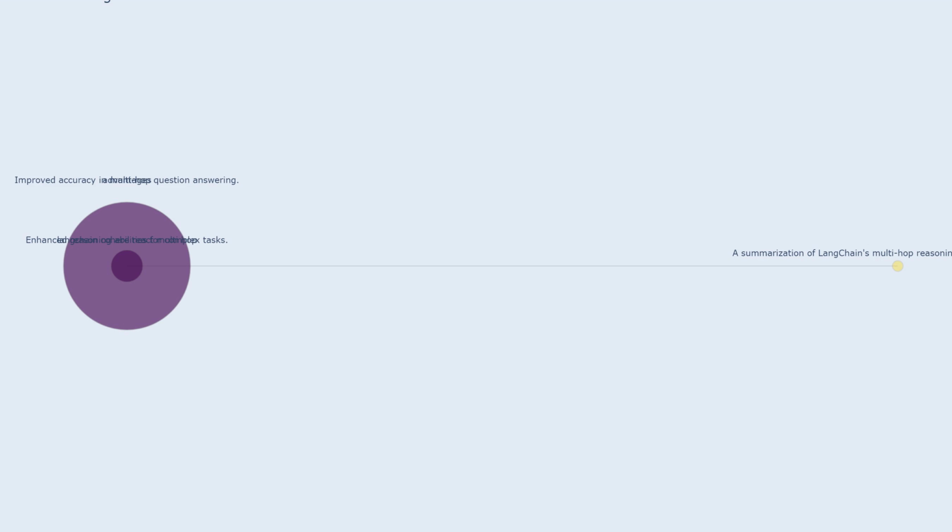Improved accuracy in multi-hop question answering. By combining the capabilities of LLMs and reasoning chains, this approach can improve the accuracy of question answering systems, especially for complex questions that require multiple reasoning steps. Enhanced reasoning abilities for complex tasks. The combination of LangChain and Cohere allows for the creation of applications capable of performing more complex tasks involving multi-step reasoning. This can be applied to areas like text summarization, knowledge extraction, and dialogue systems, enhancing the efficiency and effectiveness